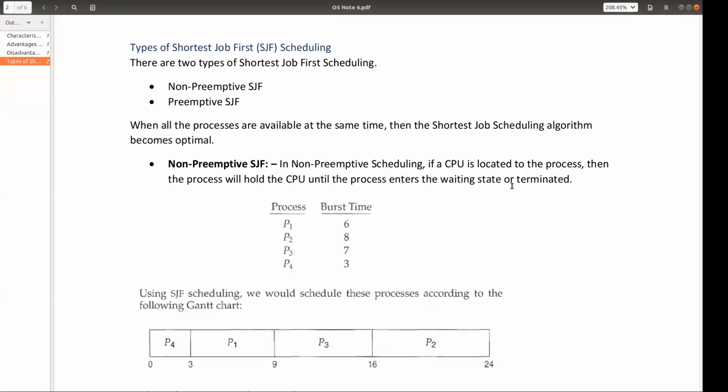এই যে types of shortest job first scheduling, as I told you, there are two types, non-preemptive and preemptive. এখানে দেখো একটা non-preemptive এর example আবারও বলা আছে, যেখানে আমার কাছে চারটে প্রসেস দেওয়া আছে, প্রসেস P1 P2 P3 P4 with their burst time 6 8 7 3, these are the burst time। তার মানে প্রসেস P1 এর burst time 6, প্রসেস P2 এর 8, P3 এর 7 এবং P4 এর 3।